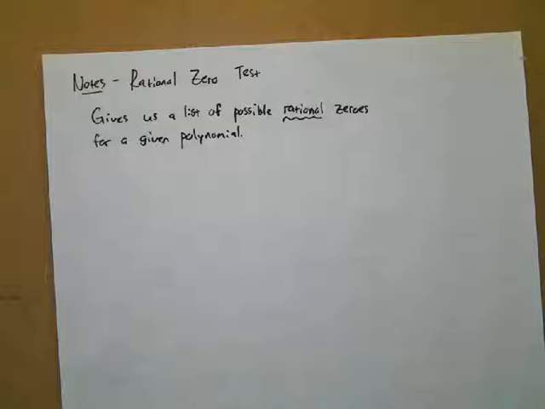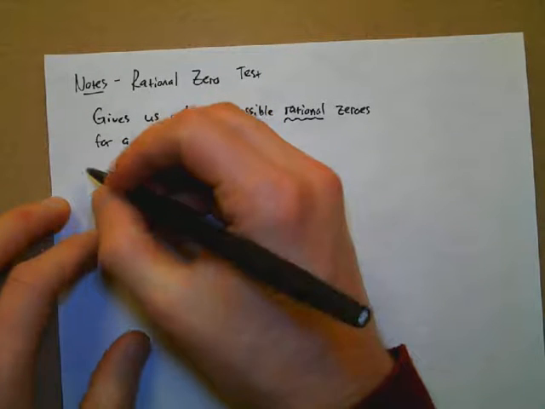And so we'll just dive right into an example, and then I'll show you how the rational zero test works. So the question we want to be able to answer here is,